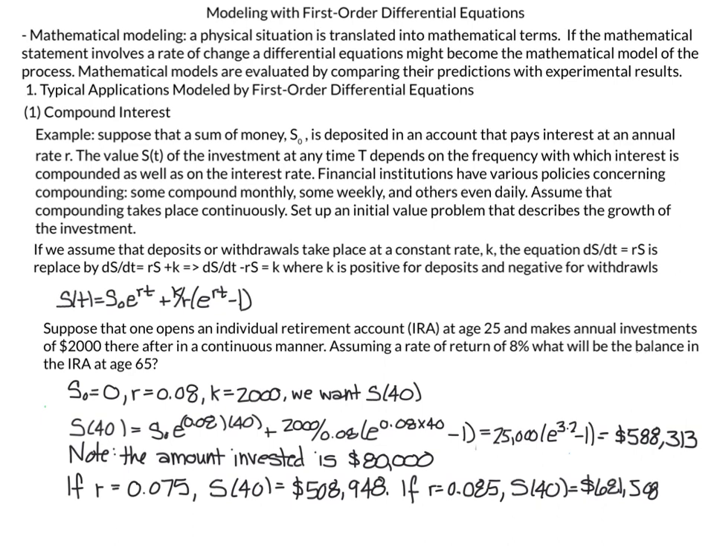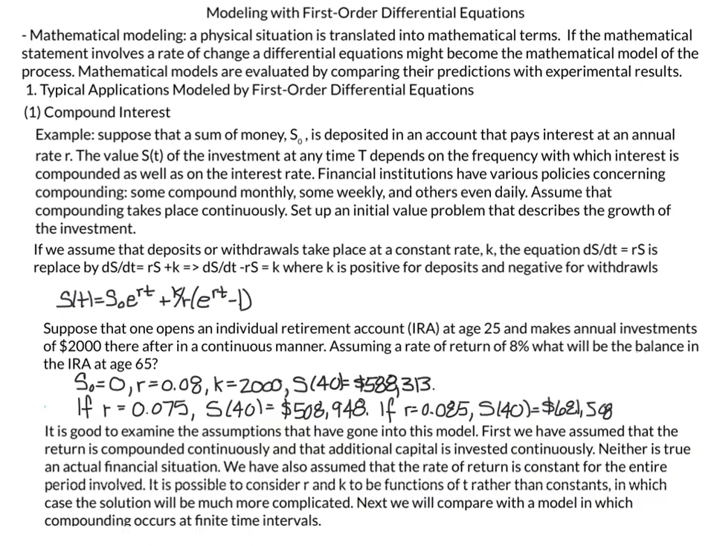So what we end up with after these 40 years is $588,313. And note the investment amount, $2,000 for 40 years, was only $80,000. So of course this is highly dependent on r. If r was 0.075 instead of 0.08, that is, 7.5%, then s of 40 would be equal to $508,948. And if r was a little bit higher, 8.5%, then s would be equal to